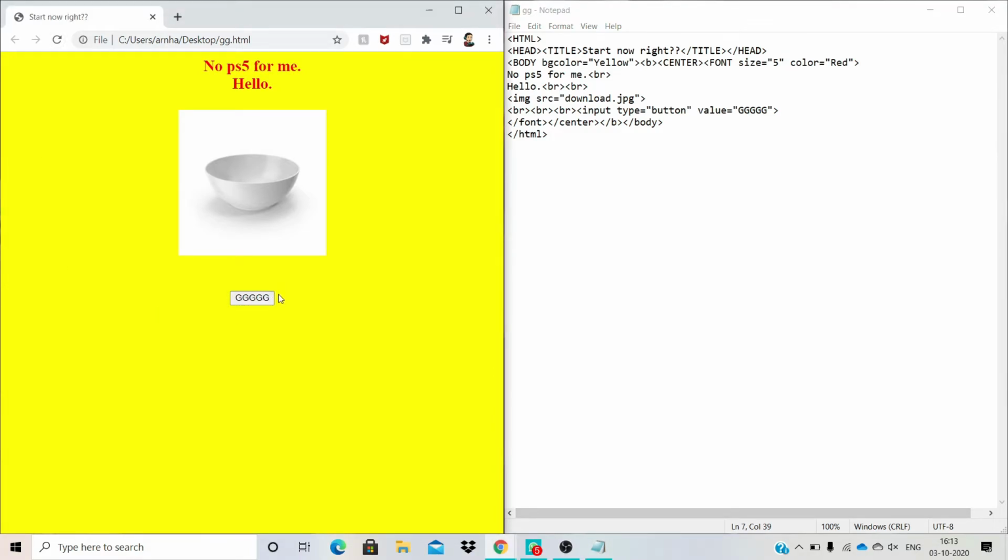Yeah, now it is okay. The value is coming now. But if we click this button, nothing happens. As you can see, nothing happens. So for that, we will add window.location